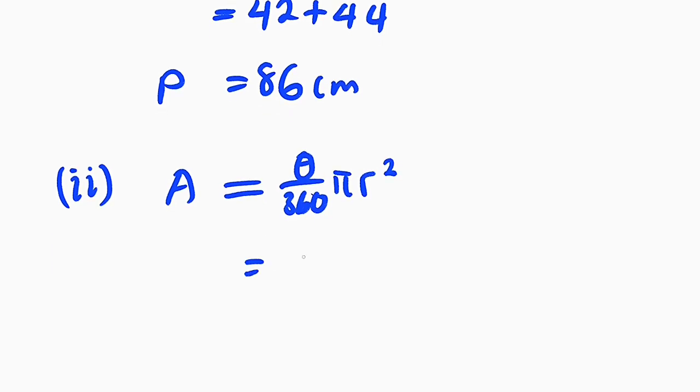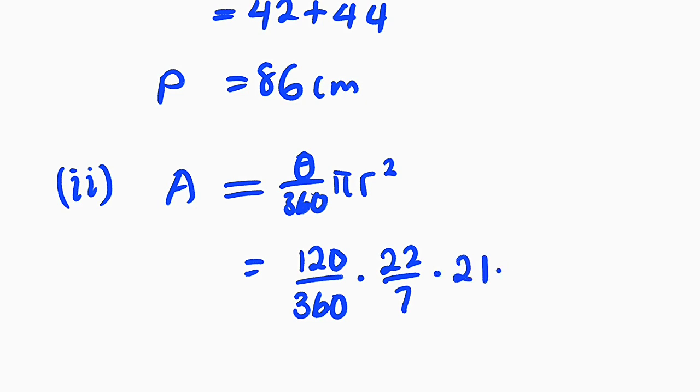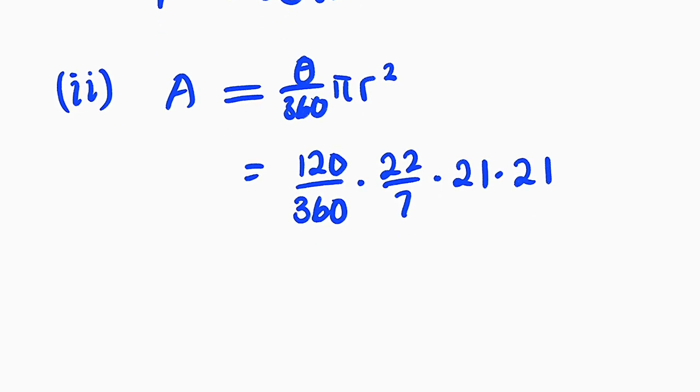And the theta is 120, which is the angle subtended by that sector, out of 360, multiplied by 22 divided by 7, multiplied by 21, multiplied by 21, because r squared means r times r, which is 21 times 21. So I would like to multiply all of this together. We have 120 multiplied by 22 multiplied by 21 multiplied by 21, and this is equal to